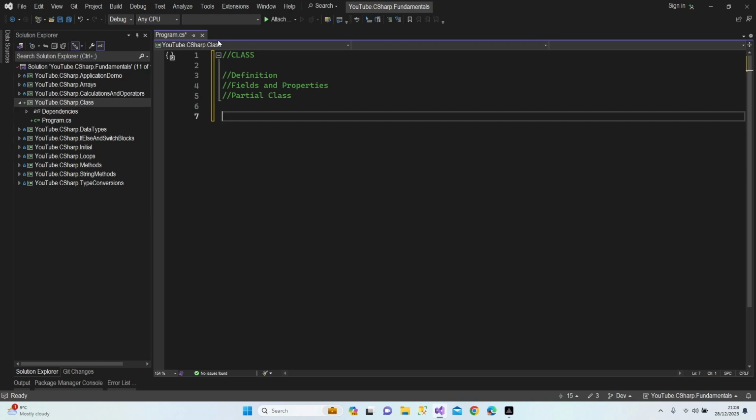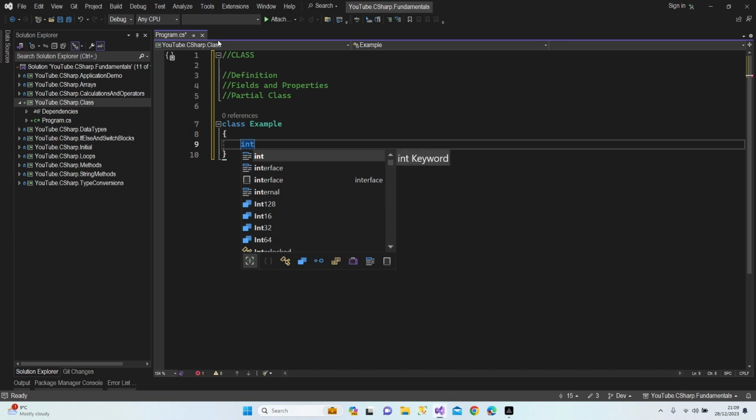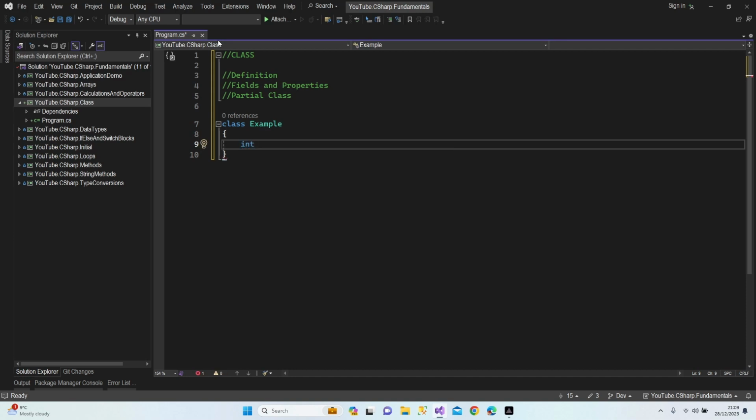Okay, to create a class we use the keyword class and give it a name. Let's say Example, and we use curly brackets. Our class is ready right now. A class can hold, as I told you, a field. A field means our data types like integer, string, bool, something like that. All right, let's say string name,